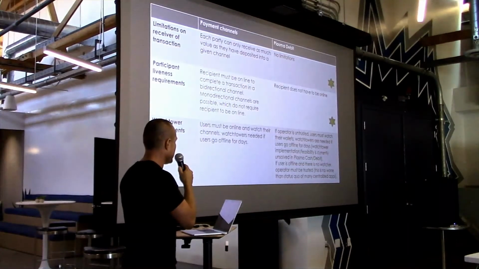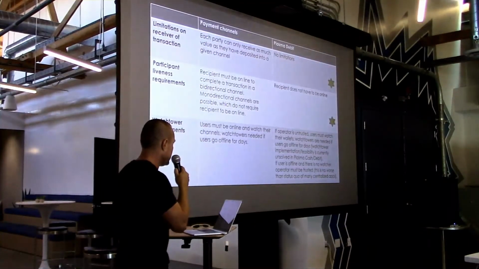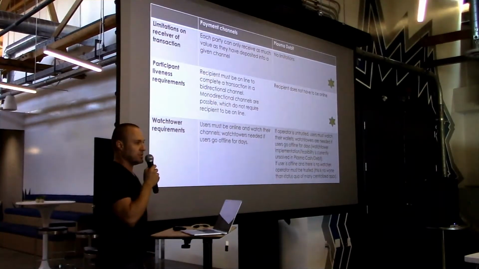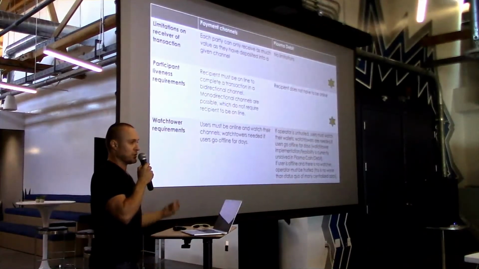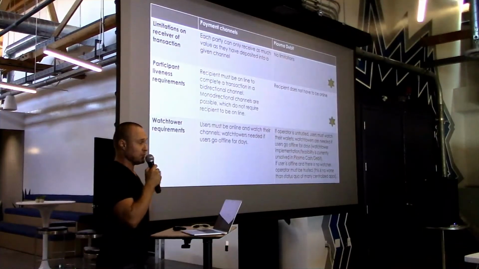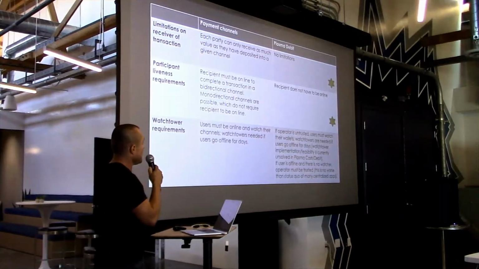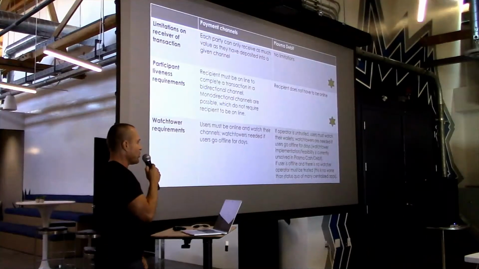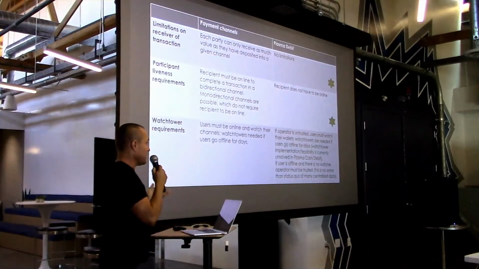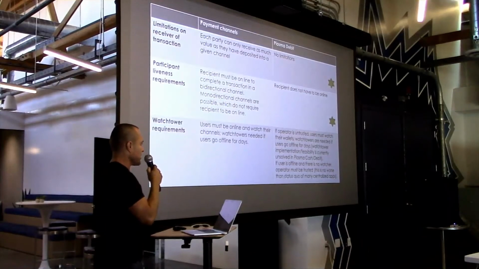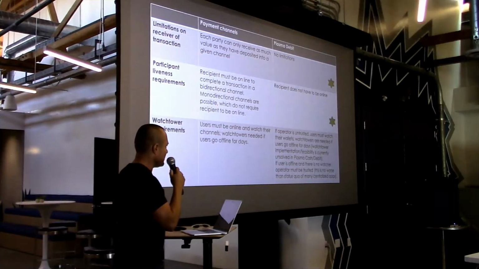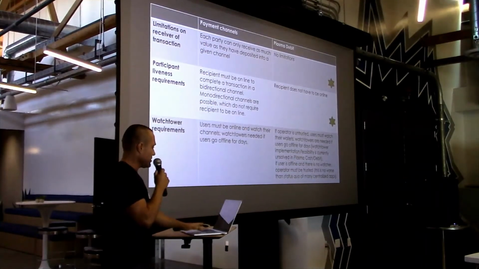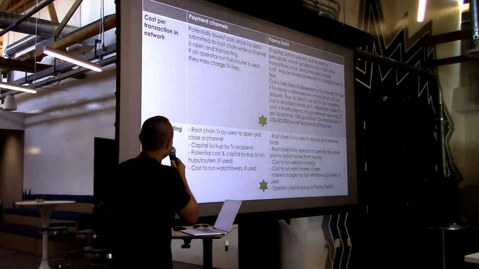Watchtowers are a thing in both areas, so if you're using payment channels and you're going to go offline for days or more, you need to have somebody watching your channel to make sure that the other party doesn't steal your funds. You can either close your channel, or you can pay somebody else to watch it for you, but if you don't, you have the risk of losing your funds. Plasma also has watching issues, so somebody's going to be watching your wallet in Plasma if you're going to be offline again for days. There's been talk about building watchers or watchtowers, and decisions about whether that's feasible with Plasma Cash or Plasma Debit that I think have not been resolved yet, but again, watching is an issue in both environments.